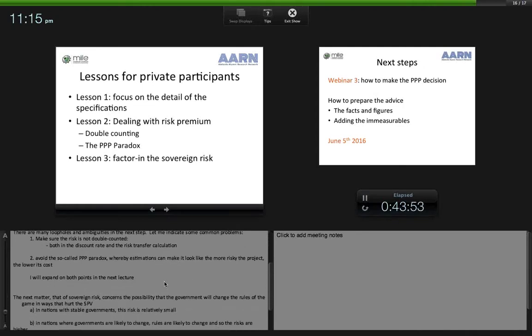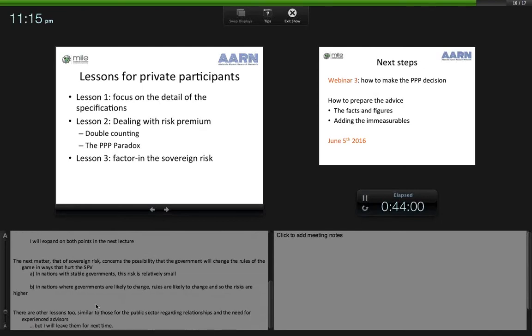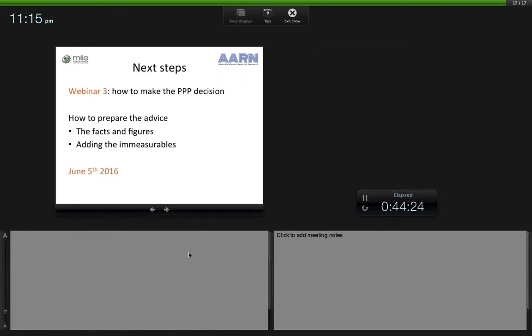Now, look, I'll expand on both of those matters at the next lecture. I see the time is running short. And there is also the matter, of course, of sovereign risk that concerns the possibility that government will change the rules of the game in ways that hurt the SPV. That is an estimation that the private sector must make. There are other lessons too, similar to those for the public sector regarding relationships and the need for experienced advisors. But I will leave those for next time and just finish briefly by pointing out